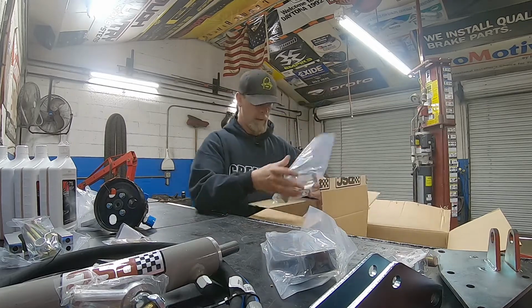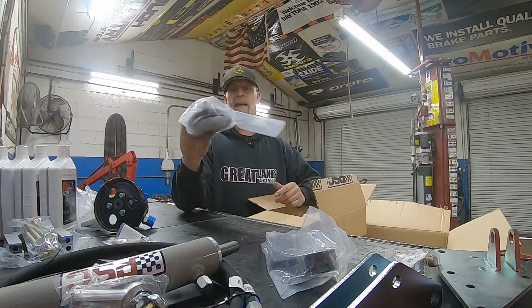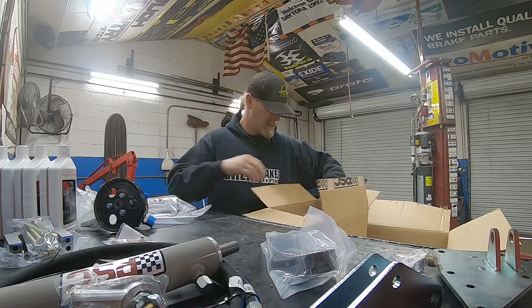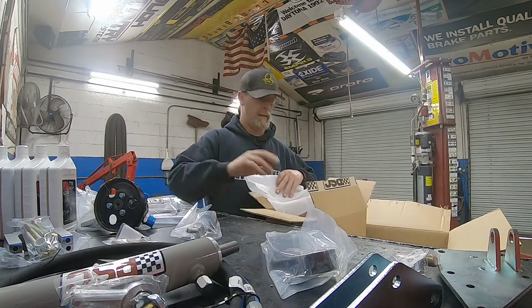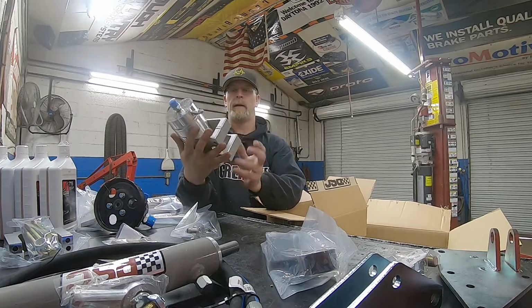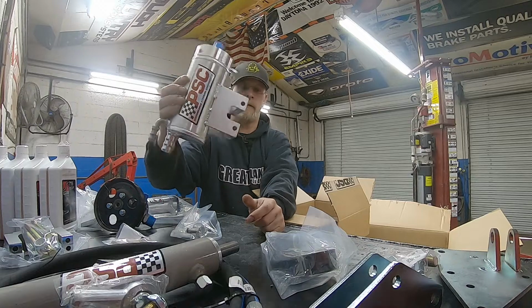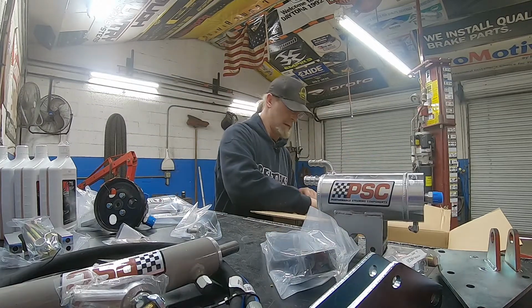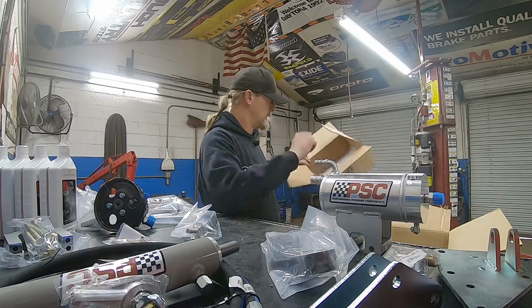Yep. So here is your reservoir filler tank neck. That thing is awesome looking. We'll open that in a second. Here's your breather. Anti-splash reservoir, my bad. Look at that. Holy crap. That thing is awesome. And hardware for that as well. This kit literally